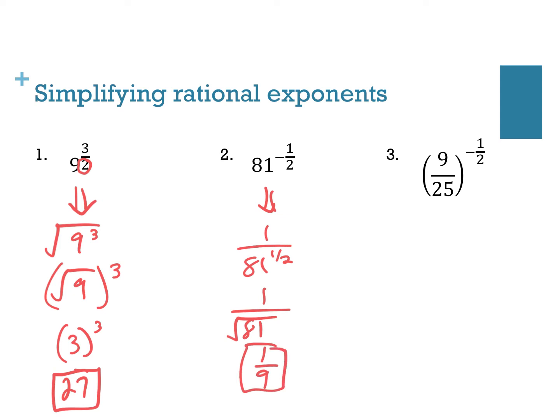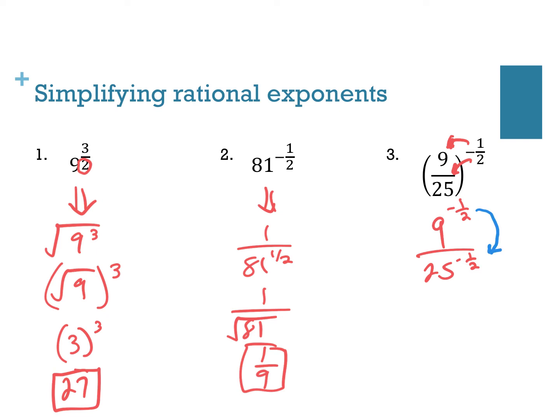So the next one's very similar. Notice we have a negative power. So the first thing is, let's rewrite this as a positive power. One thing you can do is distribute the negative 1/2 power to both top and bottom. So I can rewrite this as 9 to the negative 1/2 power over 25 to the negative 1/2 power. And since it's negative on top, the 9 to the negative 1/2 power I can write on the bottom